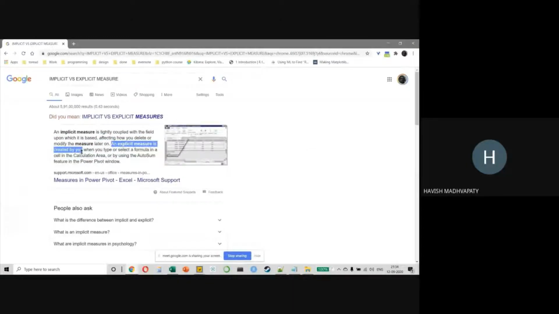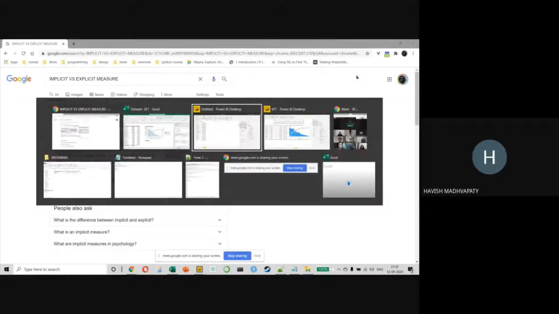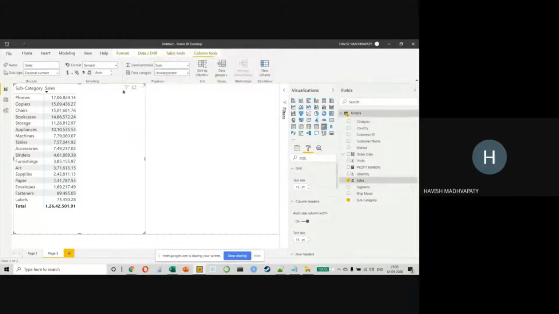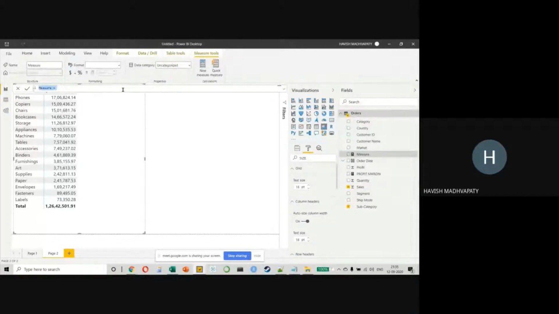And how do you do this? By using a measure, right? A DAX measure. So I will simply right click on sales and I will click on new measure, and I will write that my, let's just call this HM, so that we know that all of these are starting with HM, and we will call this total sales. Just a moment. Equal to sum of sales amount.